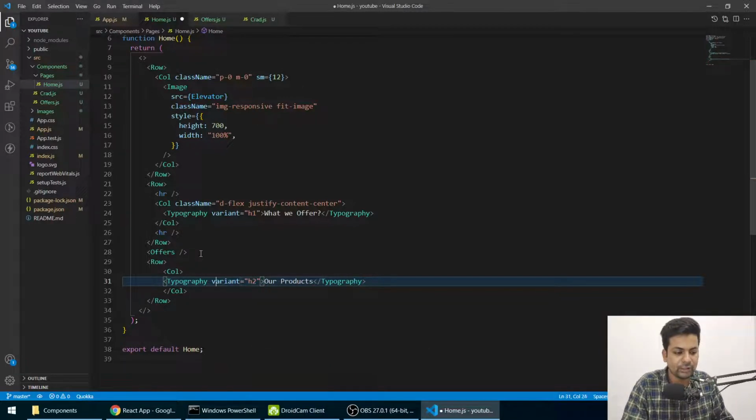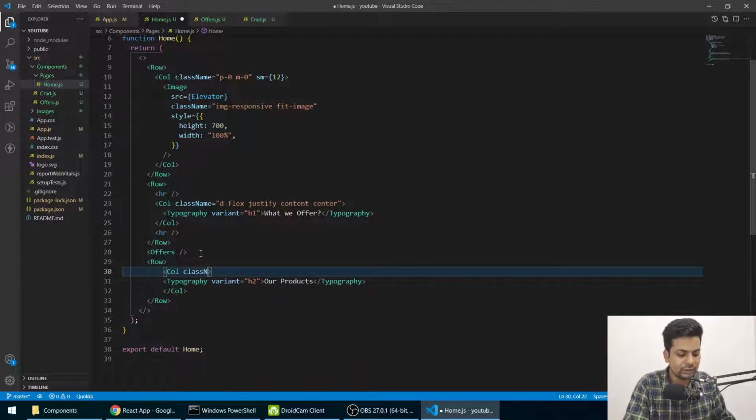H1 will be very much bigger, and in the row column I'll pass some designs, React or like Bootstrap. So I'll say margin at least above and bottom should be 5, and display flex, justify content center, so it should be in center.